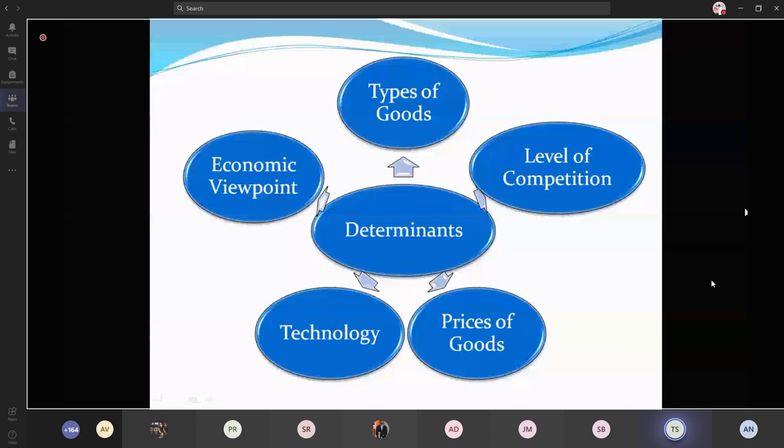And next one, the economic viewpoint. This has the most crucial role in obtaining demand forecasting. For example, if there is a positive development in the economy, that is, we are now using globalization, privatization, all those things, then there is a need for a high level of investment. So the demand forecasting of organizations would be positive, all those things in the positive line. So the economy of a country or the world economy also affects demand forecasting. Apart from this,